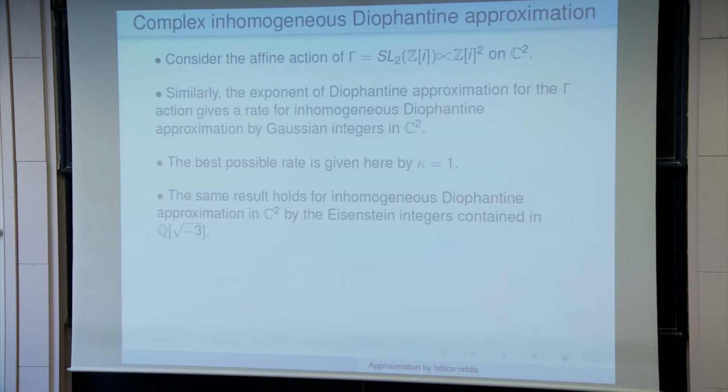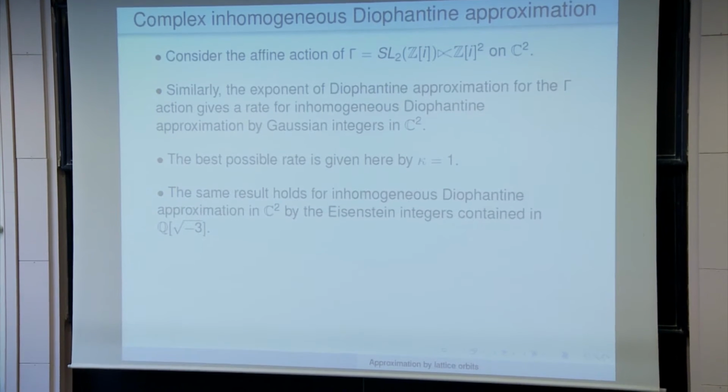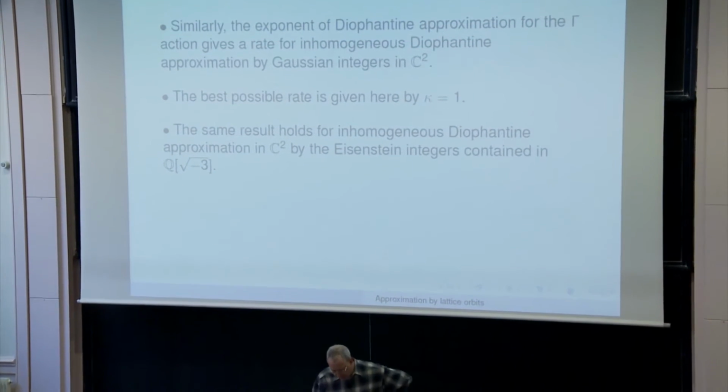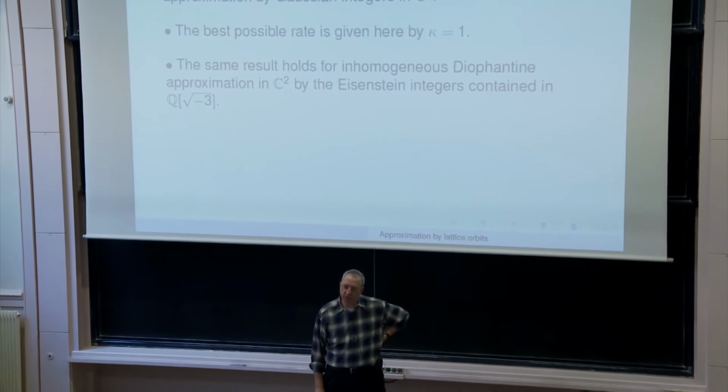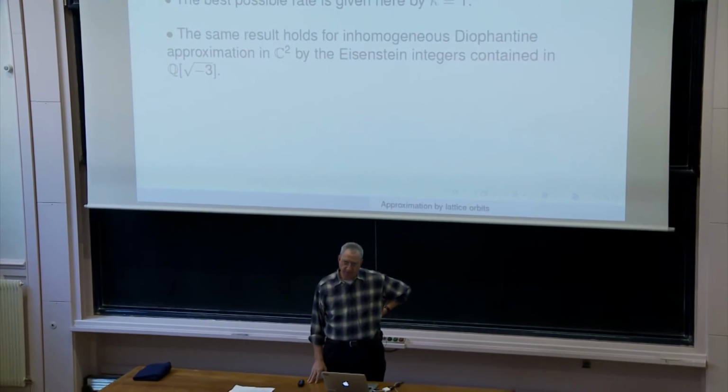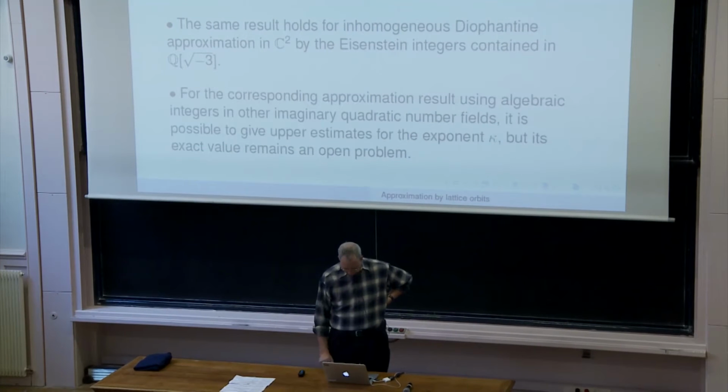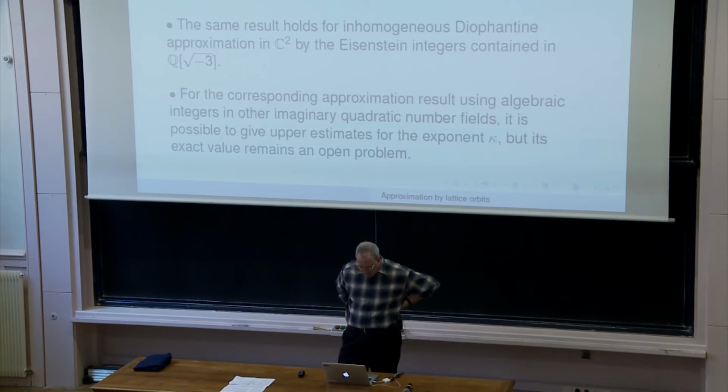And the same result holds for inhomogeneous Diophantine approximation in C squared by the Eisenstein integers contained in Q, the square root of -3. However, for the corresponding approximation result using algebraic integers in other imaginary quadratic number fields, it is possible to give upper estimates on the exponent, but its exact value remains